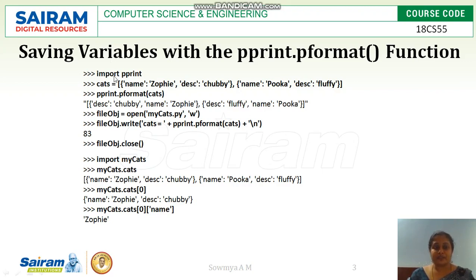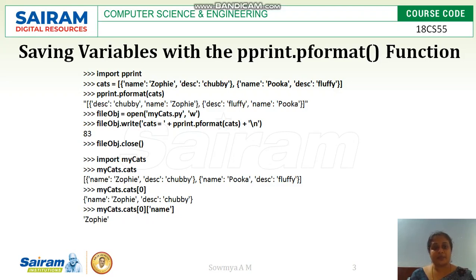If we import pprint, there is an example of cats, which is a dictionary that contains keys and values. If I apply pprint.pformat to cats, we can see here it has been implemented with pretty printing now.